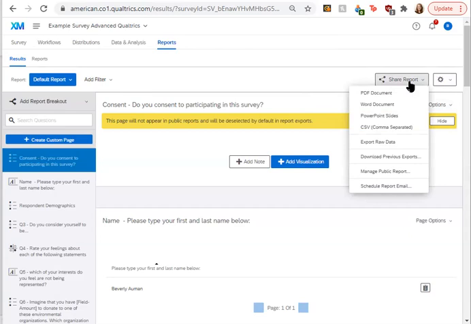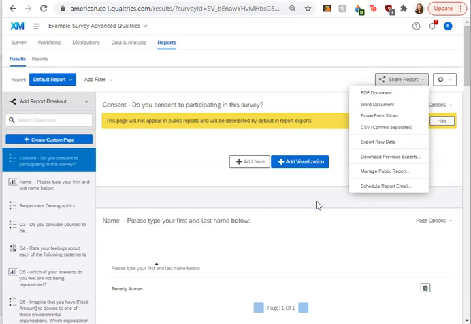So we can generate and share a digital copy of the report in a PDF or a Word document, a PowerPoint, CSV format, etc. We can also manage public reports right here. This creates a version of your report that is available via a public web link. You can lock your report with an access code with this option. And then you can also schedule email. And this just sends your report as an email attachment.